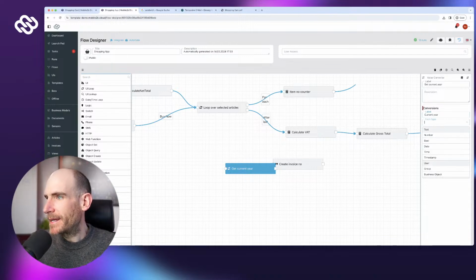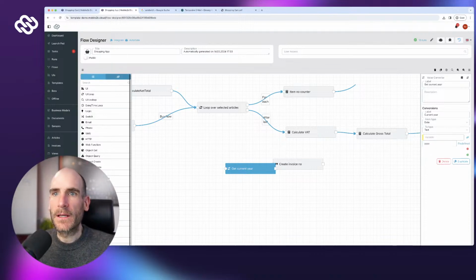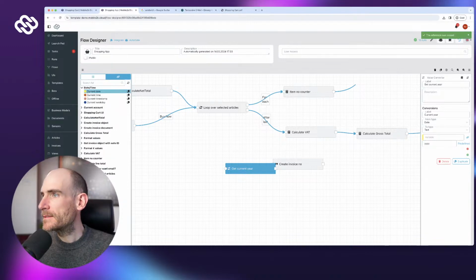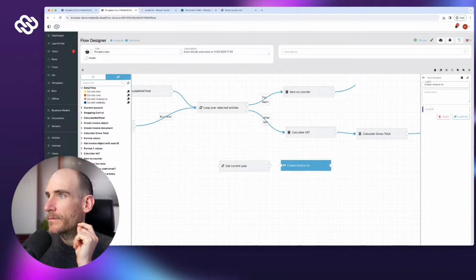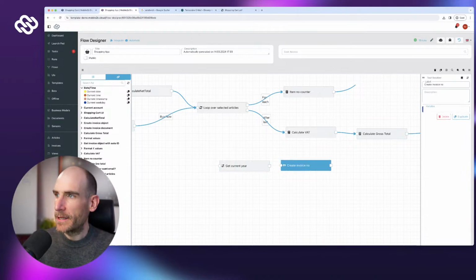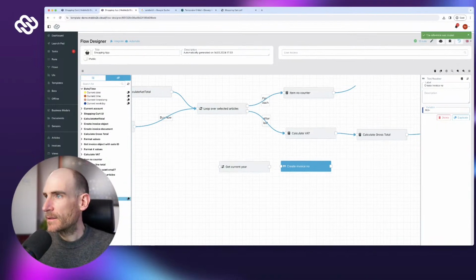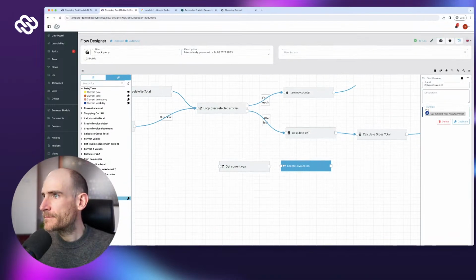Because I need to convert date to text and then use just the Y's to get the current year. Okay, and then I'm gonna get the current dates. So that should give me 2024. And for this one, I want to say invoice INV dash and then current year dash,